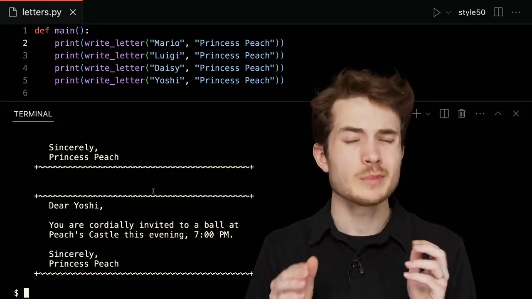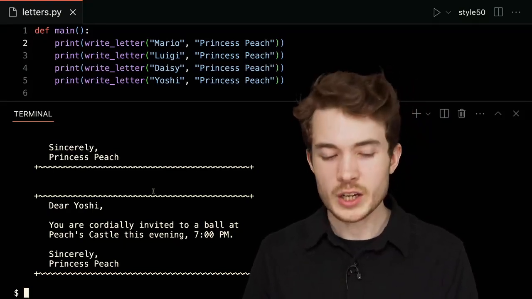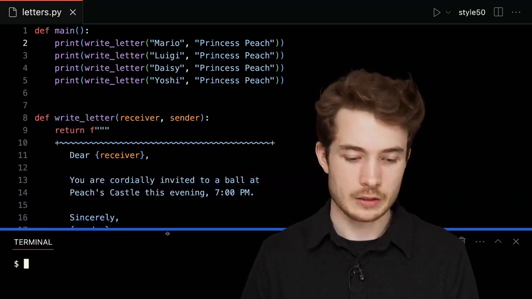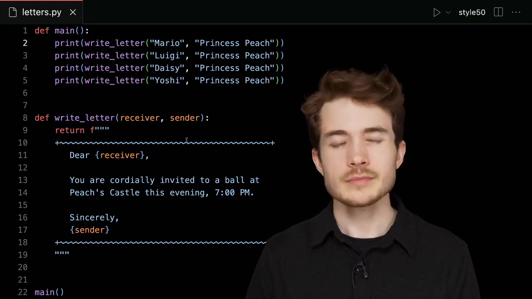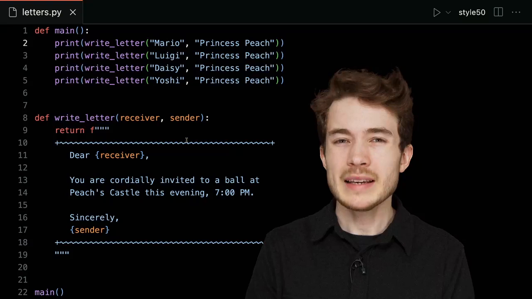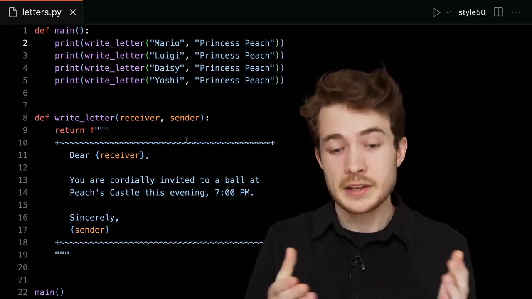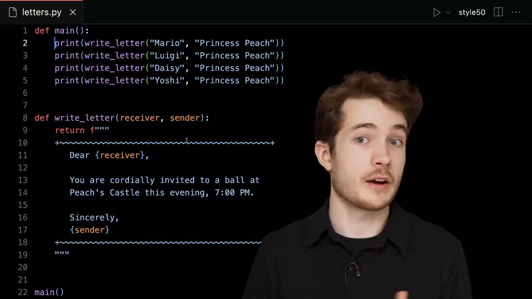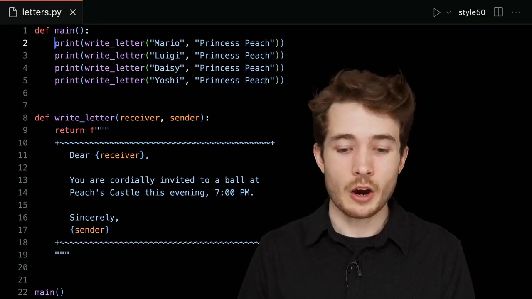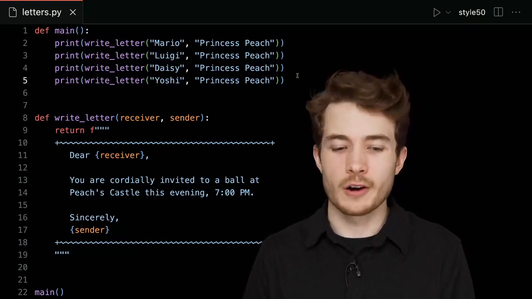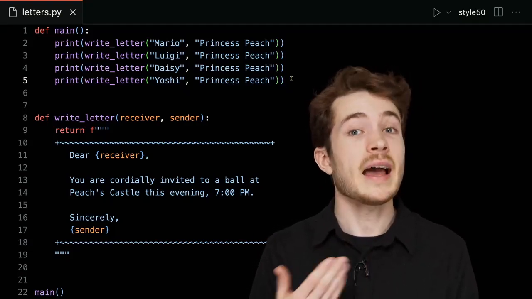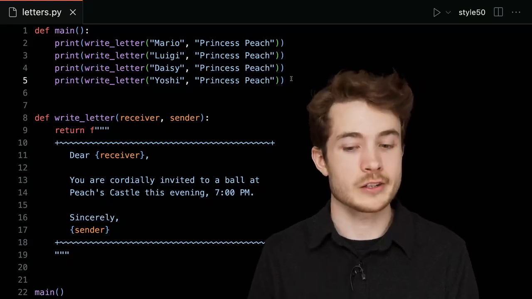So this program seems to work, but there's a question of how well it's designed. If I were to show you again what this program looks like, let's think of some scenarios where this might get a little tedious. Let's say we're only inviting 4 guests now, but we also want to invite other folks too, in which case our guest list get pretty long. And to do that, I need to kind of copy and paste to add new letters